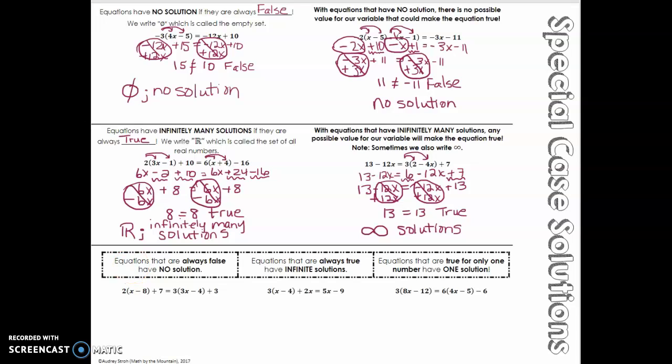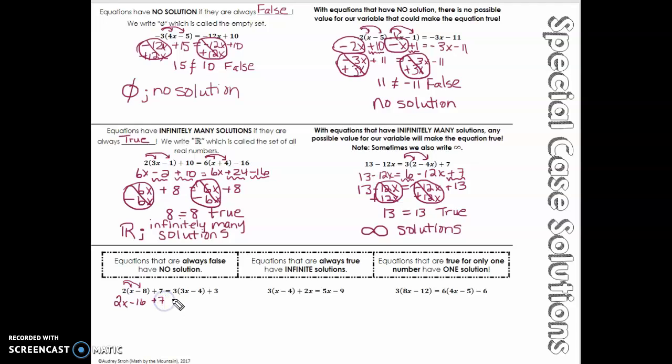Okay, so we left off with our last three examples at the bottom. With the first one, I'm going to distribute. Look at my parentheses. I have x minus 8. And again, these are the first set, so they're on the left. I'm going to distribute that number on the outside, 2, by multiplying those on the inside. So I get 2x minus 16